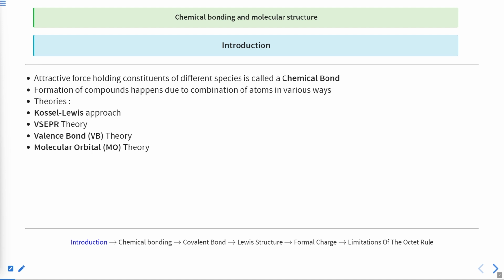Okay. Now formation of compounds takes place due to different combinations. Basically, it is saying that due to these different forces, we get different types of atoms. So you can think of it and just fantasize that all the things that you are seeing around are made up of electron and proton only. It is very simple to think in this way that all of these things that you are seeing here and there, of varied colors and all, are all made up of electron, proton, and neutron. That's it,